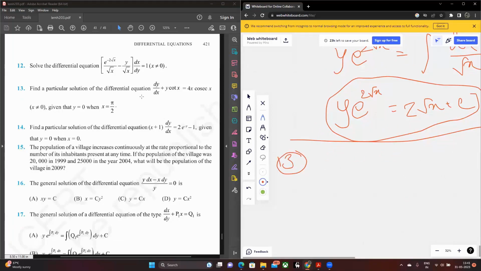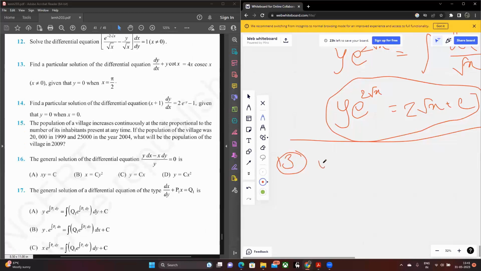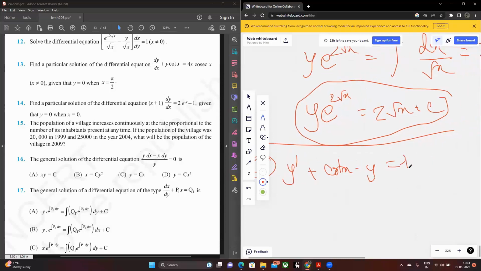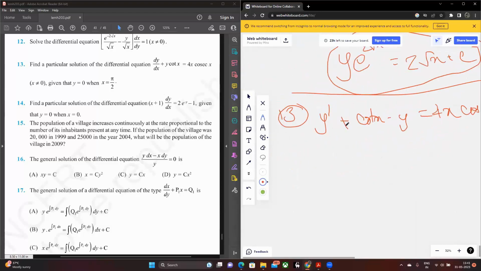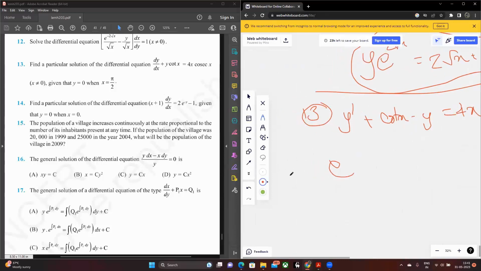Find the particular solution of the given differential equation y' + cot x times y = 4x cosec x, given the point (pi/2, 0). Basically, over here again we have the same old linear form, where the integrating factor is going to be e to the power integral of cot x, that is equal to e to the power ln